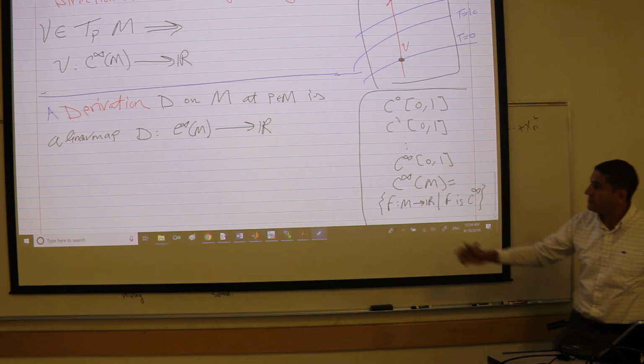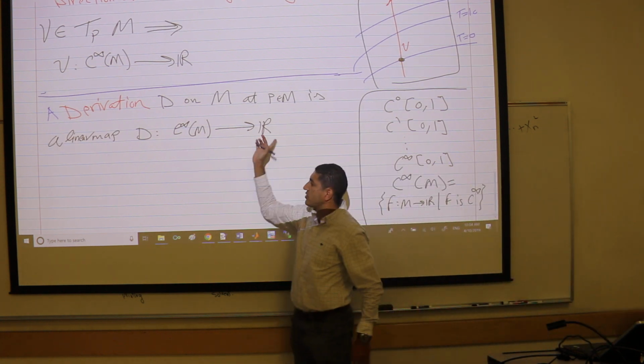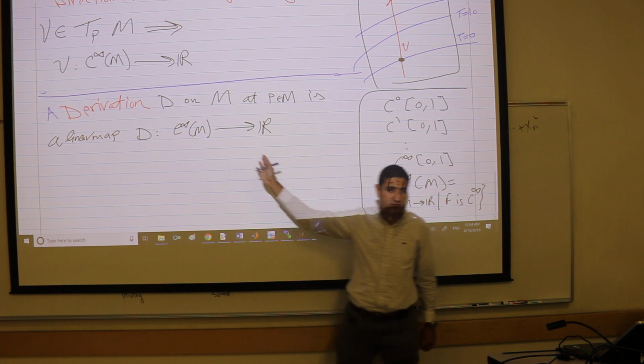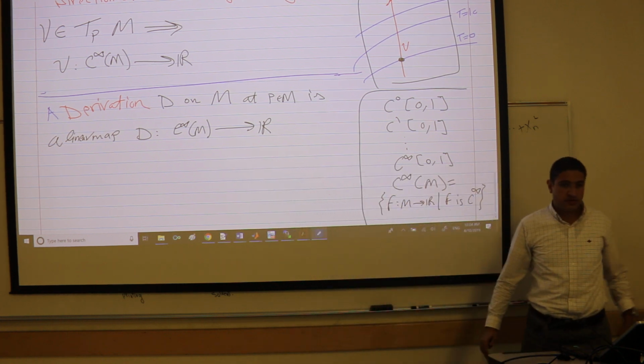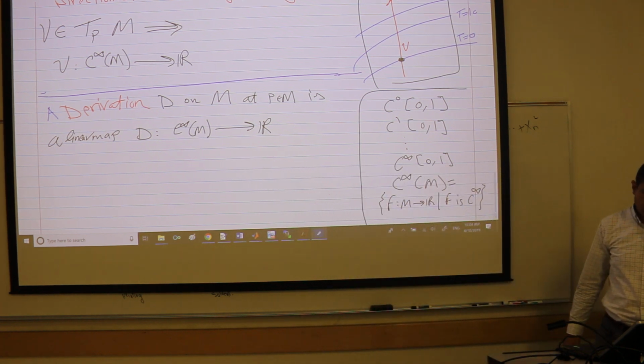A map that takes a function and gives you a real number. What did we call it in dynamics? Anybody remembers? Functional. Functional, very good. So we have this functional